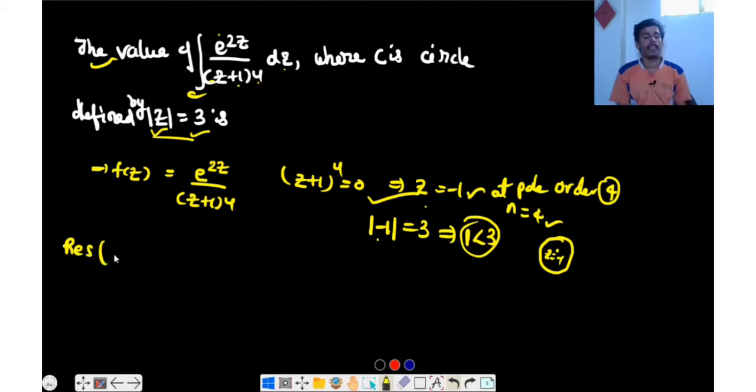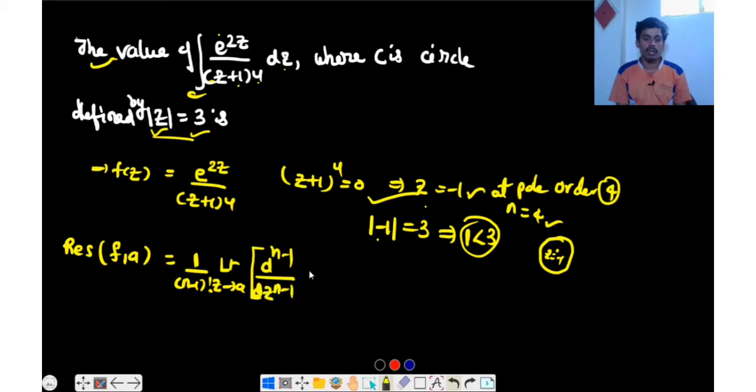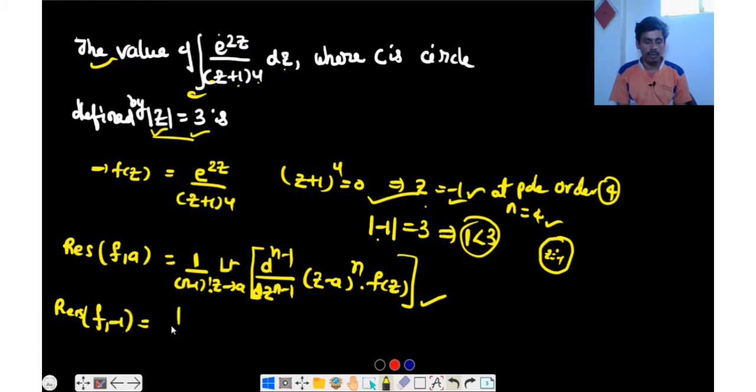Now the residue of f at a is equal to the formula 1 by (n minus 1) factorial, limit z tends to a, d to the power n minus 1 by dz to the power n minus 1, of (z minus a) to the power n into f of z. Okay, now f of z. Now we'll substitute the residue of f at a, where a is minus 1,